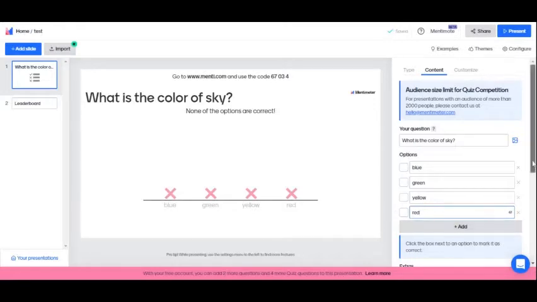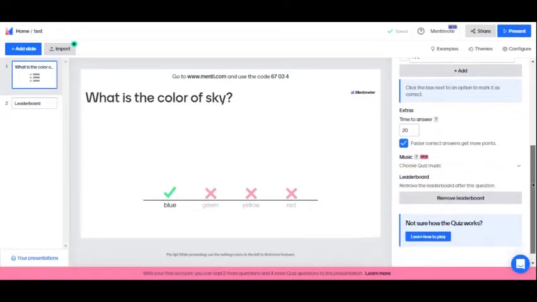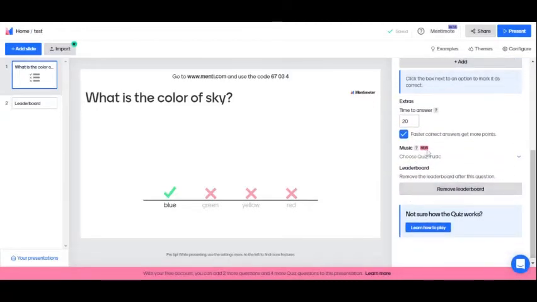These I'll write, and then we need to click the correct answer in this option. So I'll mark the blue one as the correct answer. We can even give the time limit for answering these questions, and you can add music to this, and we can even add a leaderboard to see who has given the first correct answer.